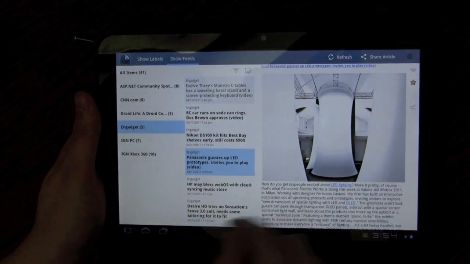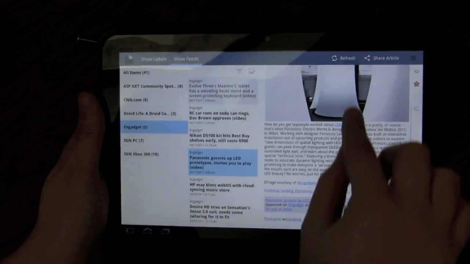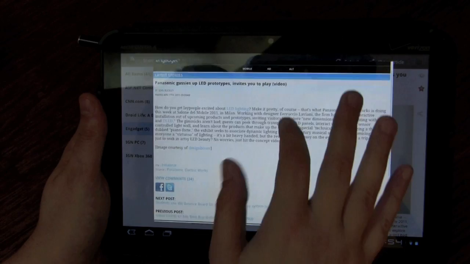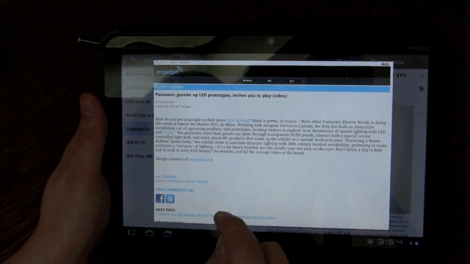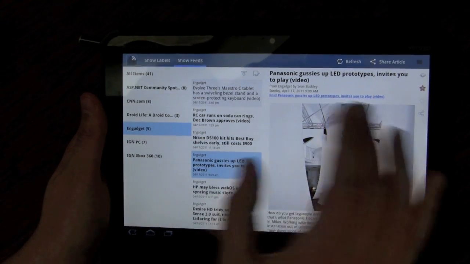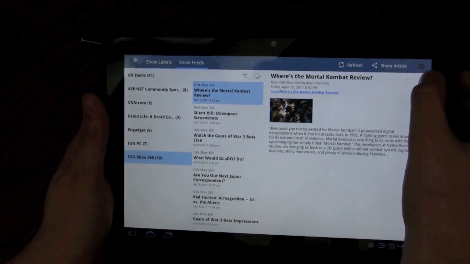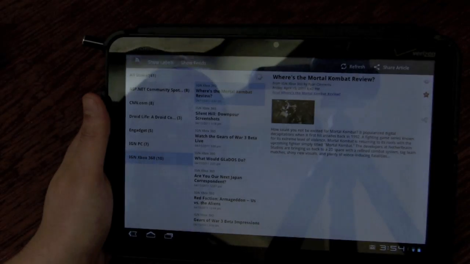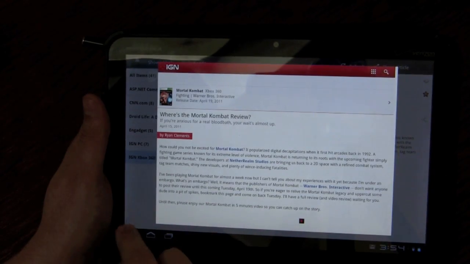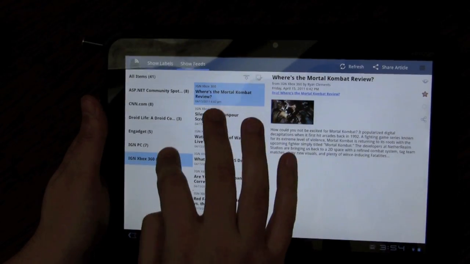The application itself, once here, also has a couple additional features. So if you want to actually view that particular article on that web page instead of seeing the RSS, you can bring that right up, which is very nice. As you saw, it brought up the mobile, so if there has a mobile web page, it will bring up that mobile version. But for instance, if we were to go on a site that doesn't do that and view the article, oh, of course IGN does that as well. If we were to go to my website, and there might be a way to get around this, but if we were to go to